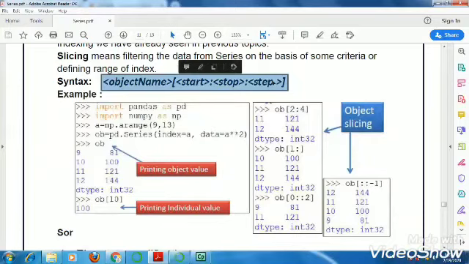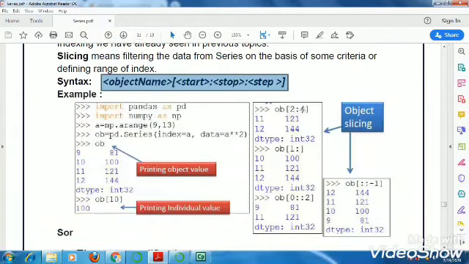Now let's see how we filter the elements from the series. Here 2 to 4, suppose this is your series. I have written 2, that means I have to start from index 2 up to index 4. Ending is 4. You know 0, 1, 2, this is 2 and this one is 3. Here the stop value is not inclusive, so it will give you up to less than 4 index.